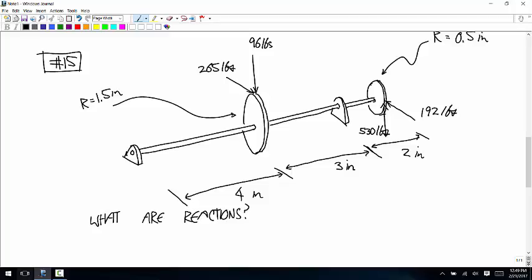All right, well, the first thing to notice is there's nothing preventing this shaft from rotating. Okay? And so the only way that this would not rotate around its axle is if the moments applied by these forces on the two gears happen to equal each other. You know what I mean? There's nothing here fixed that prevents a rotation. It's free to rotate through this, and it's free to rotate through this. And so that means that